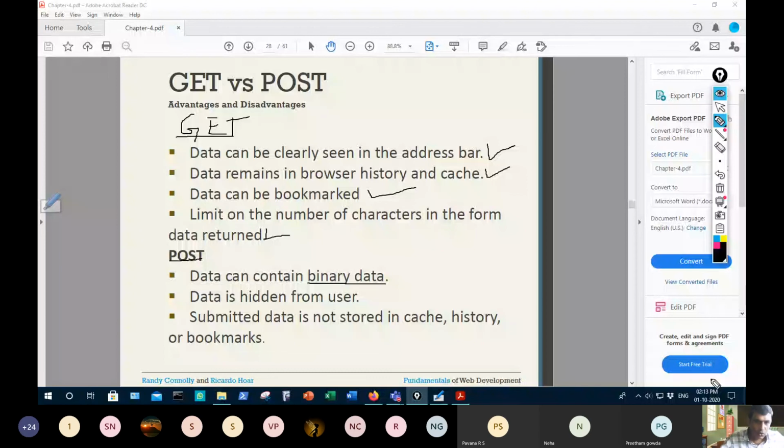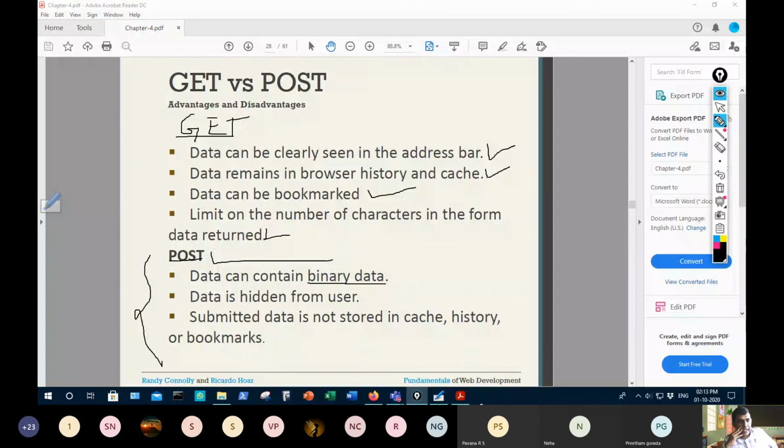So from a security perspective, it is always better to use the POST method. The POST method is a better way to use for HTTP forms. When you use forms, you should always use the POST method instead of GET. If you are developing a small form and you don't bother about the confidentiality of the information, let the data be visible.